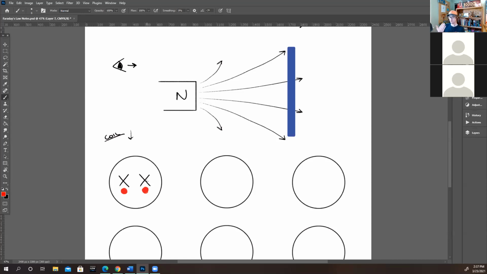So in order to get my fingers pointing at me, I have to make a current that goes clockwise. Like that. So the wire is inducing a current